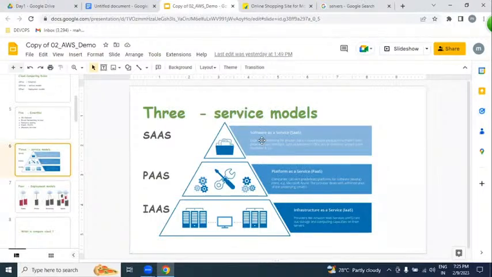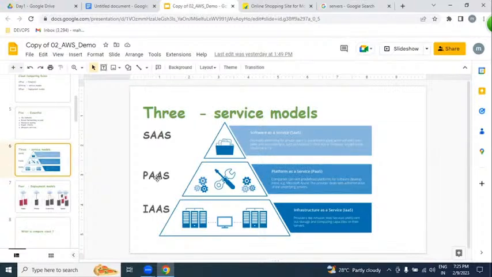Then the second one is PaaS, platform as a service. For example, we have hundreds of Python developers and hundreds of Java developers.